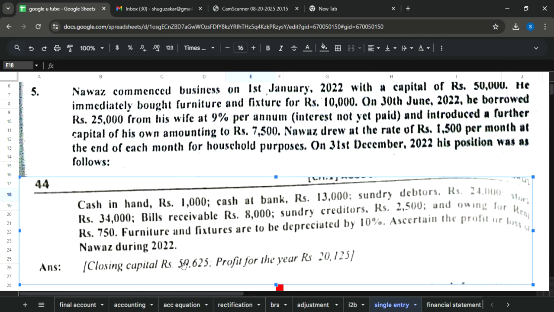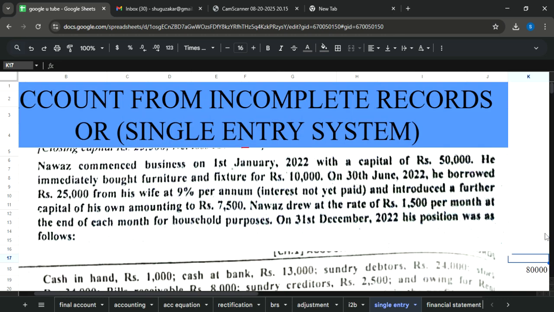It is requested to please repeat and revise this question by yourself 3-4 times, and after practicing, if you still feel anything difficult, you are very welcome to share your problem through messages or text, or you can directly contact me. I will humbly try my best to answer your queries